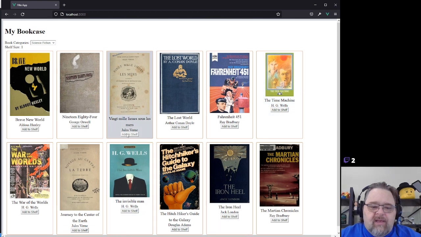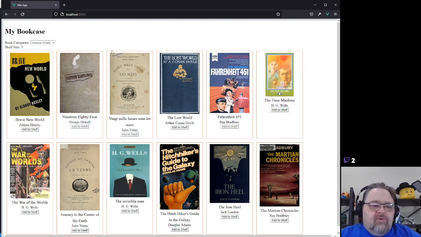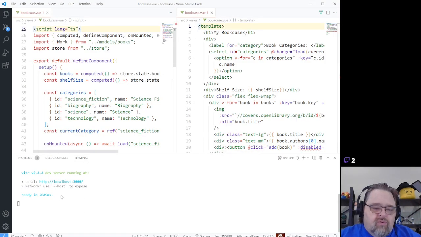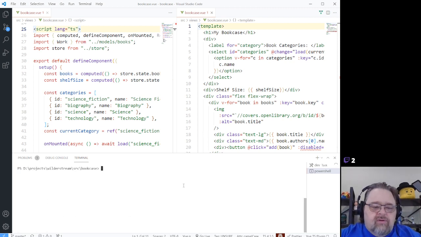And if you remember from last time, we're able to add things to the shelf. Can't add it a second time, and we should be good. So let's continue from there. One of the things I'm going to want to do is look at adding items to our bookcase and then looking at the actual bookcase items. And so that's really going to require, let's open up a new terminal here. It's really going to require that we go ahead and install